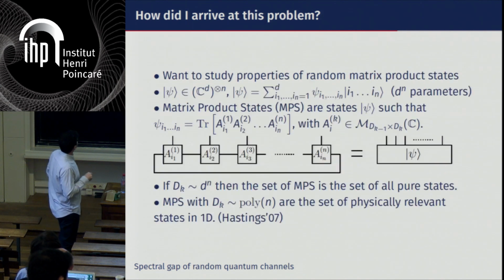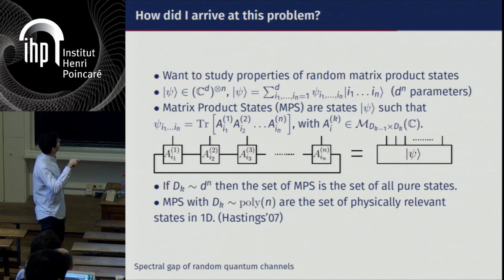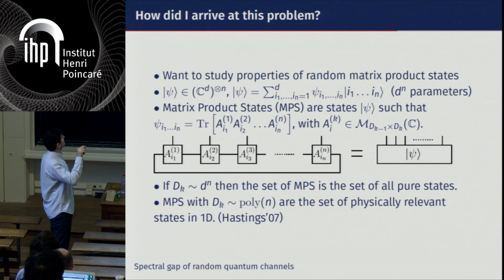Okay, so what happens if we look at, first of all, the translational invariant case. In principle, maybe I should explain a bit more. These matrices here are tensors. They depend on three indices. Well, they are matrices if we fix I1, but if we don't fix I1, they are tensors of three indices. So these two are the indices of the matrix whenever we fix I1, and this is the index of I1. So then I have a tensor that I represent by a box with three legs that are the indices of